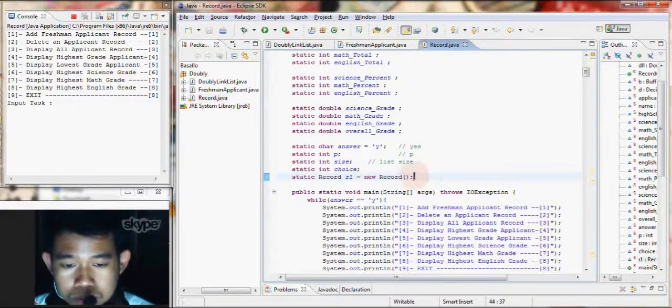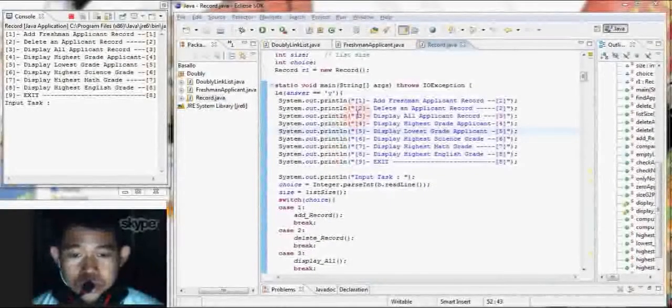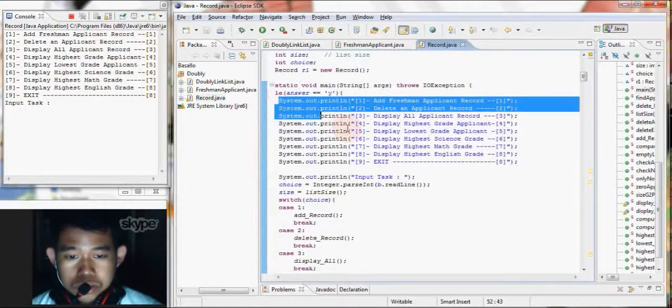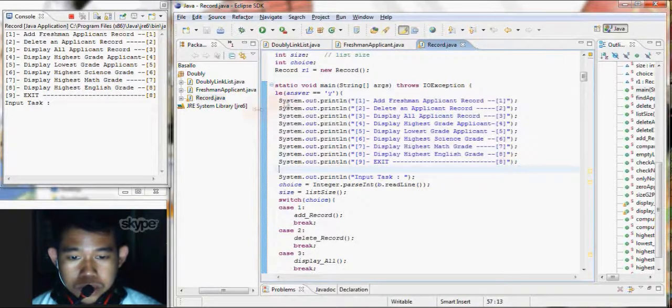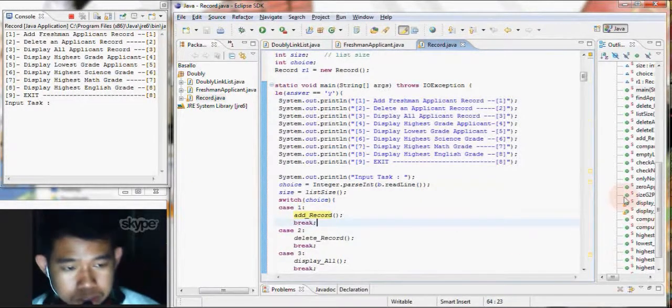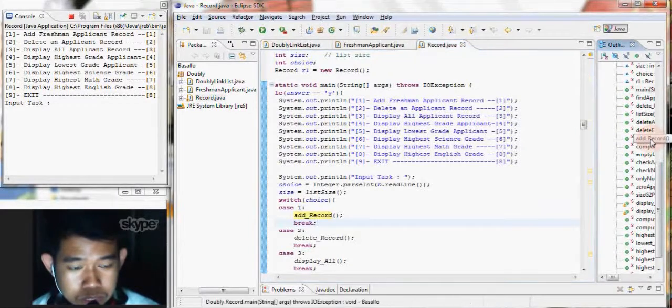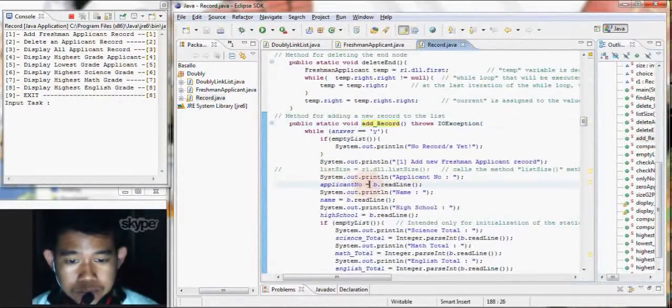Therefore, before the main method starts, we already created a list for the record. To start with the main method, the user can input 8 different tasks. To start with adding the freshman applicant, I have here an add_record method which is